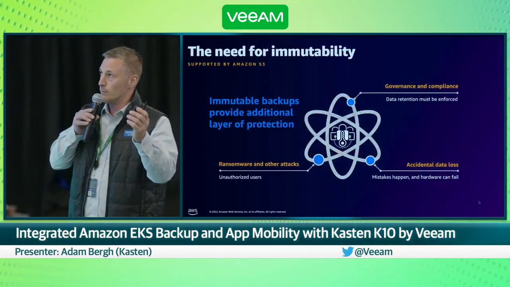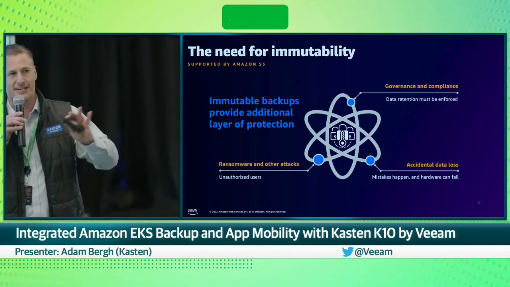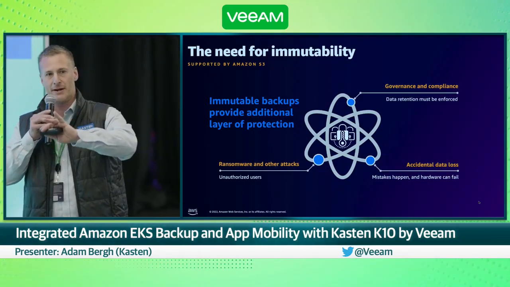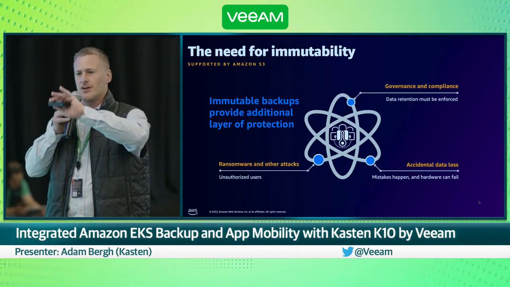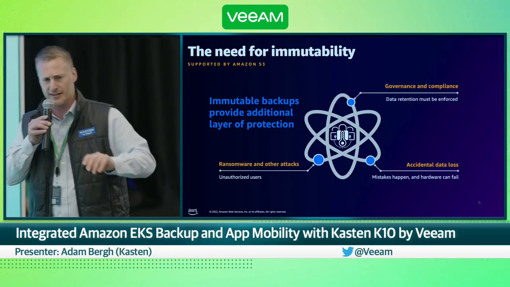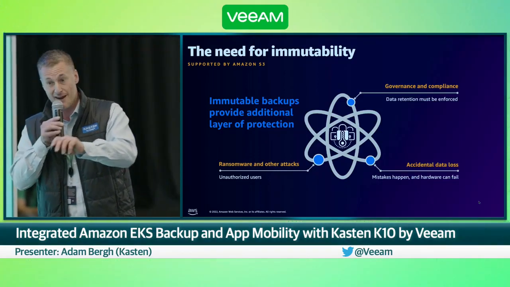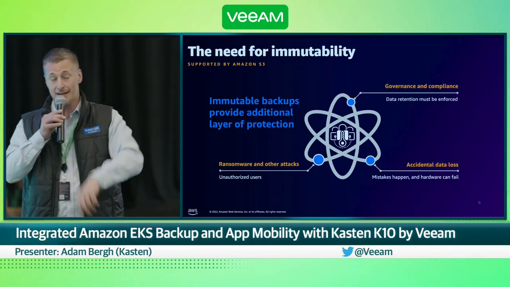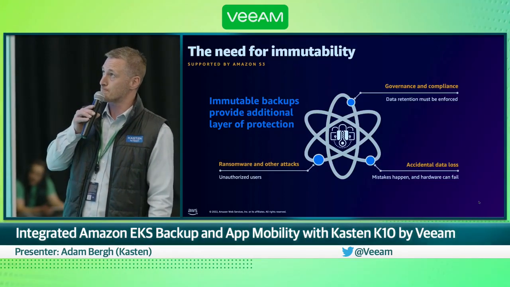So Object Lock APIs from Amazon are a great solution. Every time we're protecting data, we're making sure there's a period of time where that data is locked and immutable. So we're taking advantage of that. It's also great for accidental deletion and insider threats, making sure I can tell my business, hey, I know my backups are there because I've locked them up with the S3 Object Lock APIs from AWS.